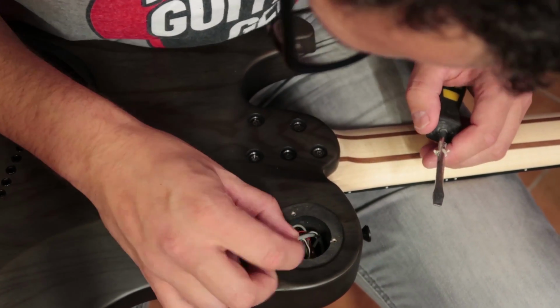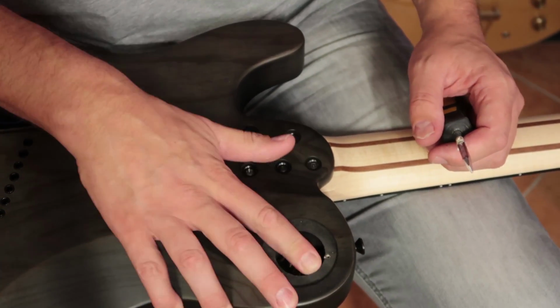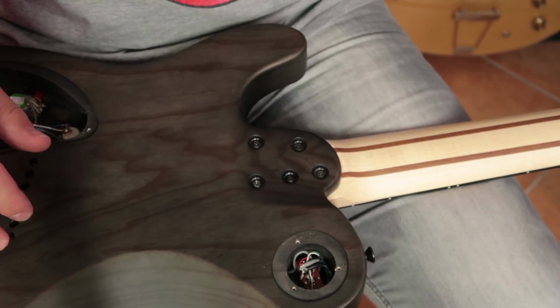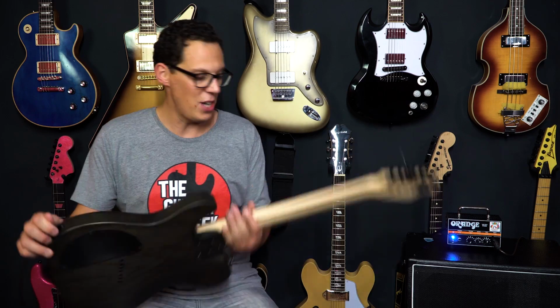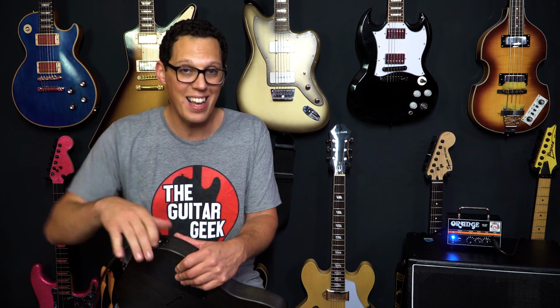they are, yeah, they are. Okay, that's really good news. These are 4-wire humbuckers, which means that you can coil split them if you wanted to. That's a good feature. The jack socket, I had a few issues with this, even though the connection itself is